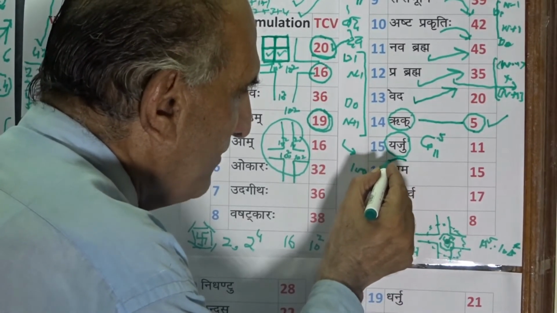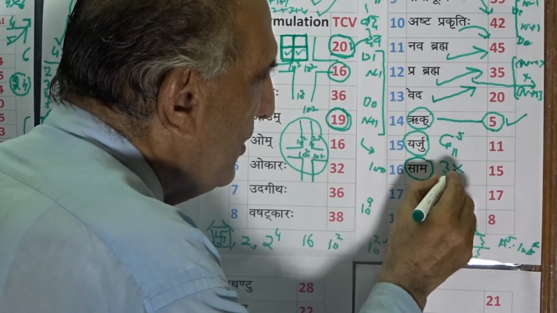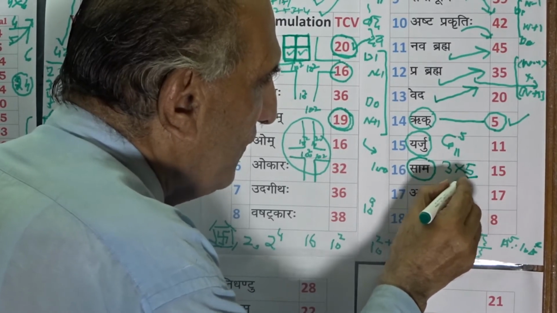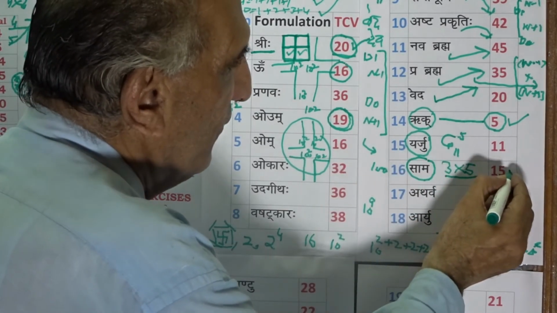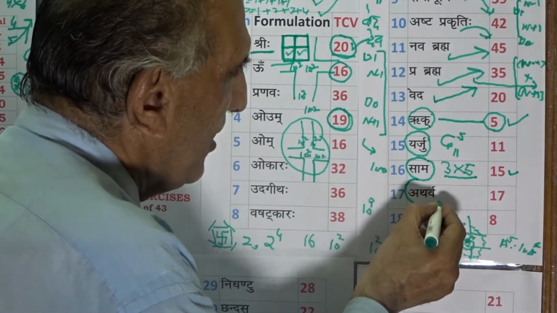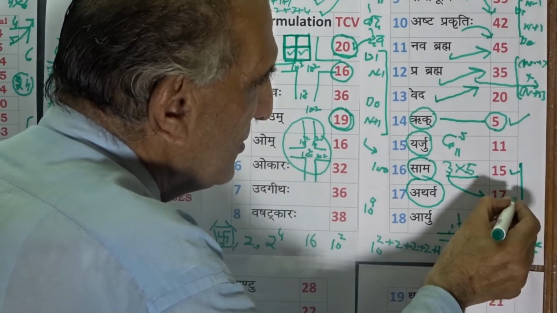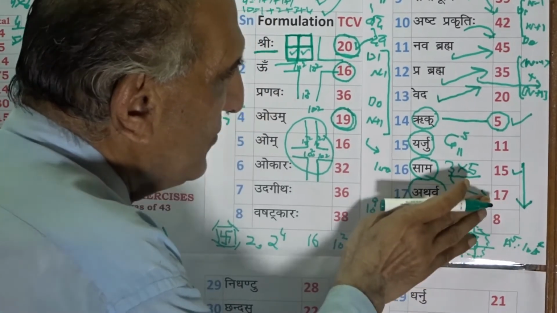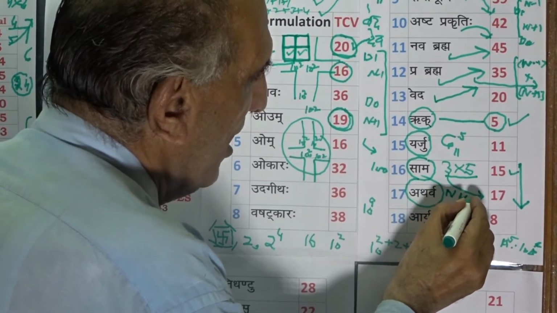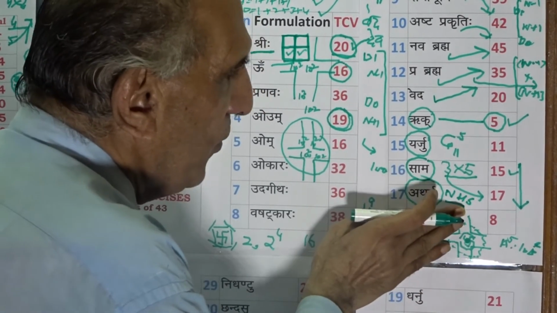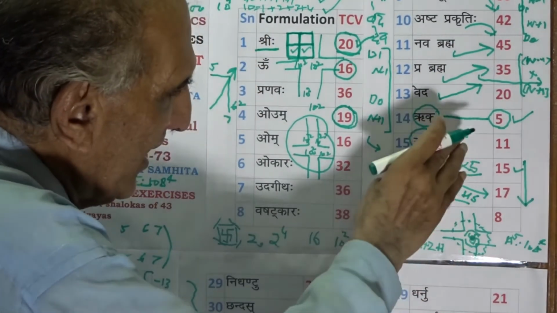A step ahead, Sam is going to have a value 15, which is parallel to the value of the transcendental frame, 5 space frame of 5 solid dimensions of value 15. And a step ahead, Atharv takes us to value 17, 15 as a dimension takes us to 17 as a domain, and this value 17 is the value of our northern hemisphere of our solar universe. Therefore, like that, these formulations then will take us to the